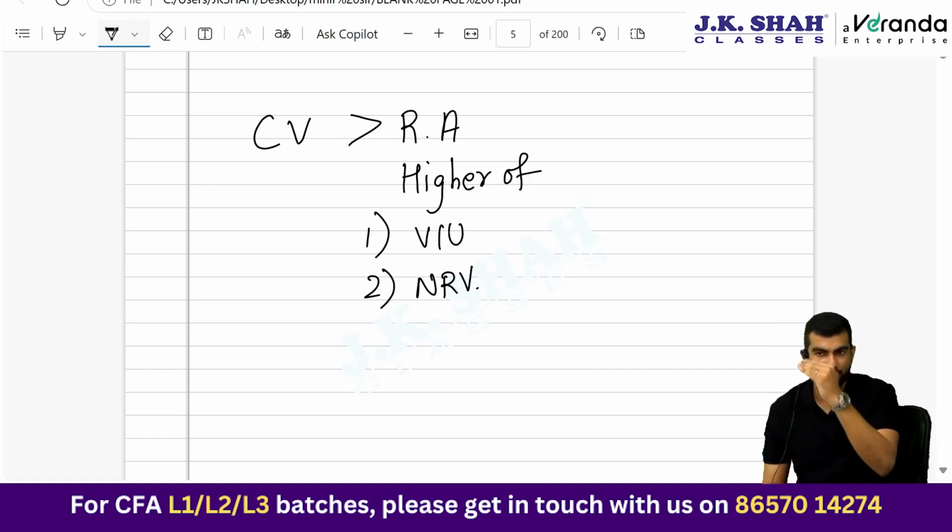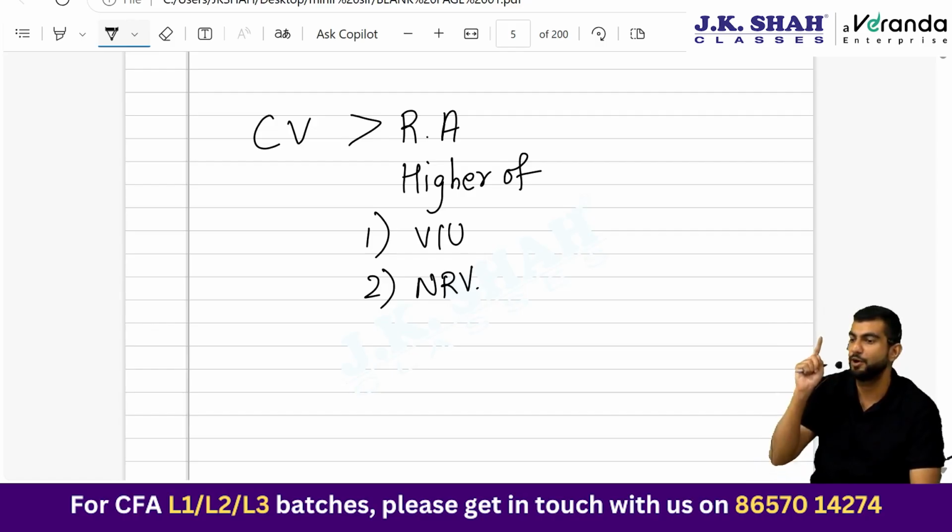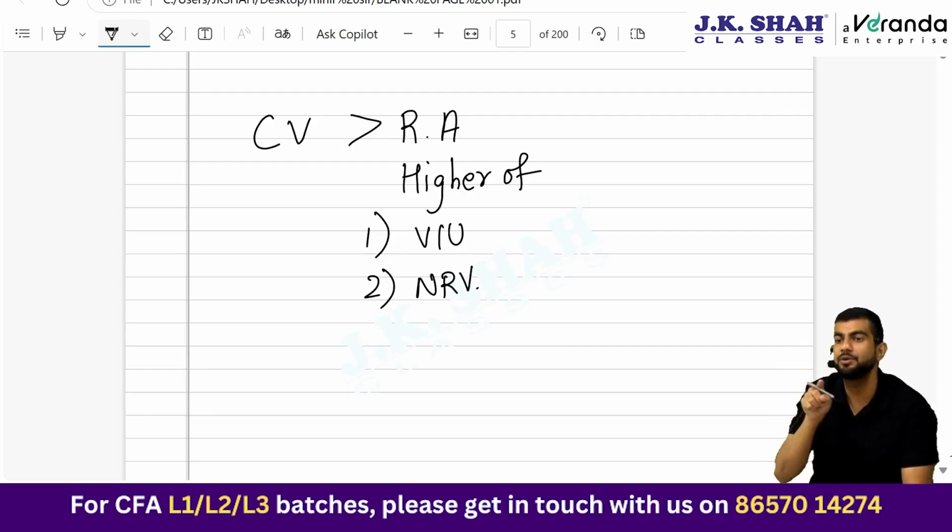What are the two effects? You reduce the carrying value of the asset, and the second effect was that P&L debit, you record the impairment charge. It's a non-cash charge, so while preparing cash flow from operations under indirect method, you will have to add back impairment, right? It's a non-cash charge. Okay, so you should be now able to link things.